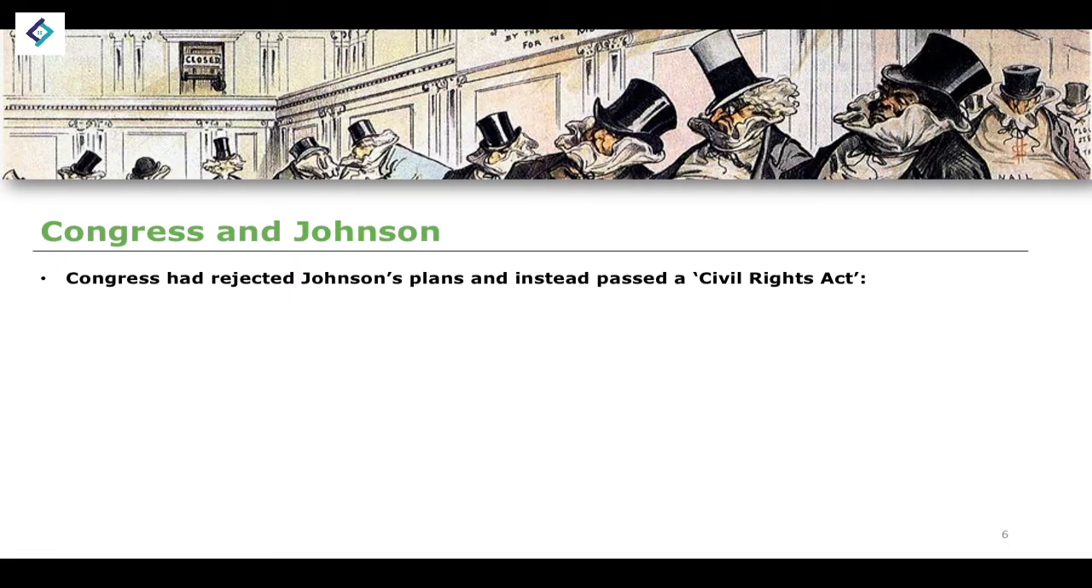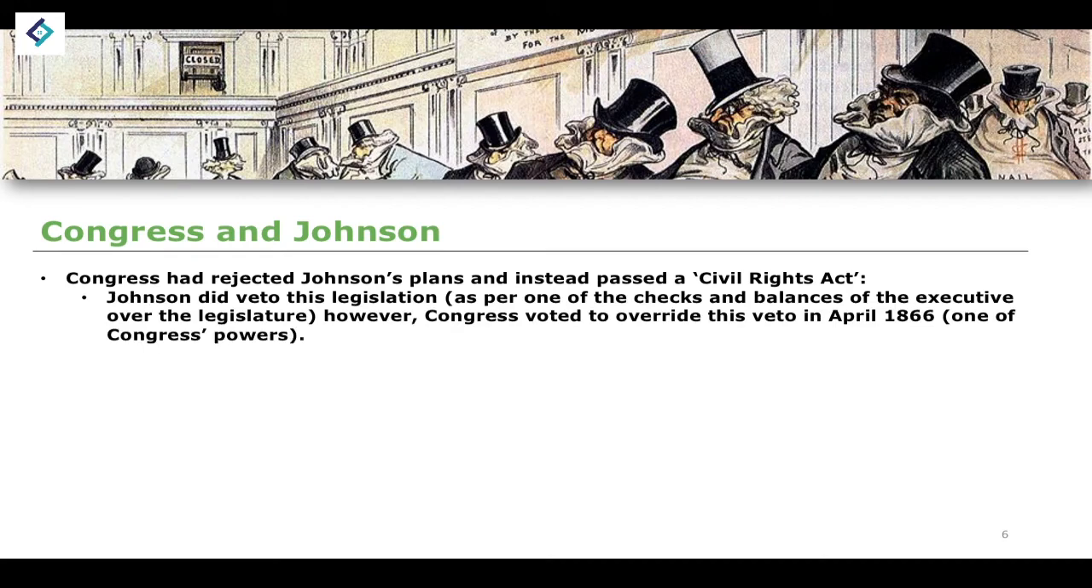Congress rejected Johnson's plans and instead decided to pass its own legislation. This legislation becomes known as the Civil Rights Act. Now, as per one of the checks and balances that we've looked at earlier on, Johnson decided to veto this legislation. However, in April of 1866, Congress overrode this veto, and so it became law. It was passed into law. This is a good example of why I use the veto and the overriding of the veto as an example of the checks and balances